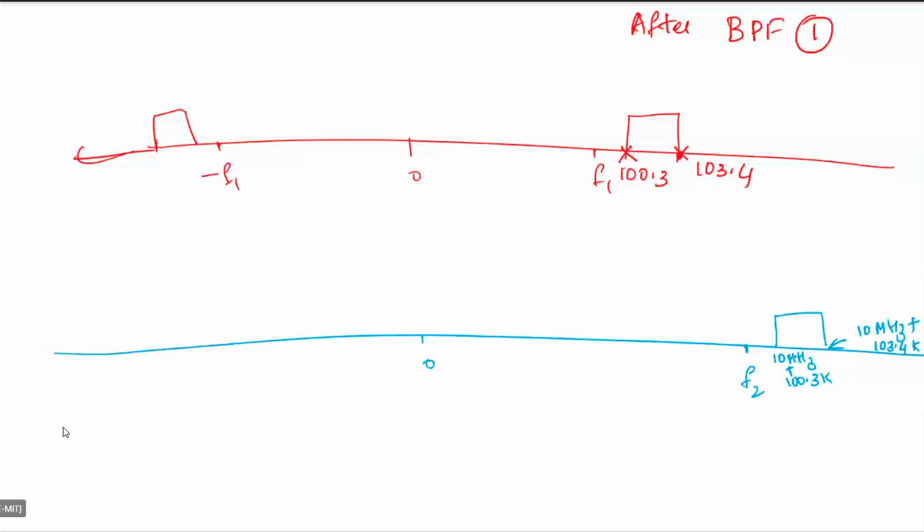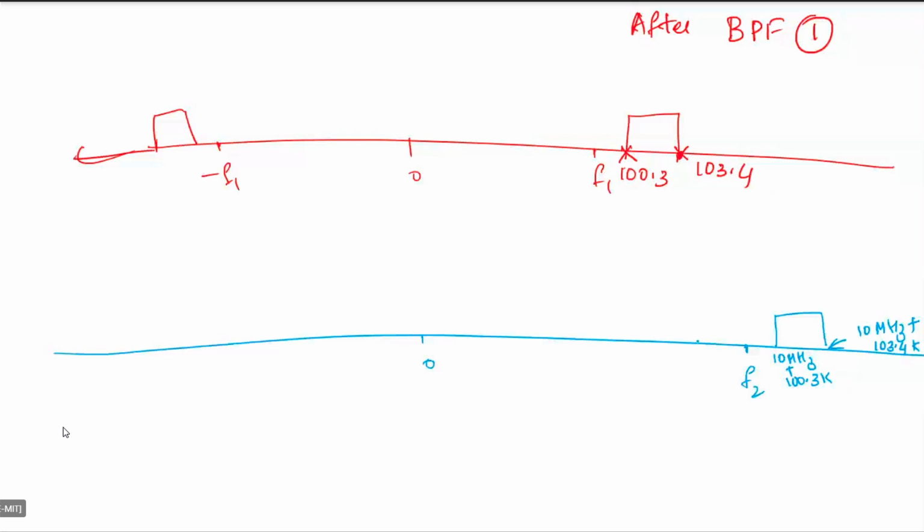It will be, this megahertz means 10 to the power 6, right? So it will be 10 into 10, 5 more zeros, plus this, or this will be 0.1 megahertz, something like that. So this will be somewhat like 10.1, and this will also be 10.1 approximately. That much difference only it will make.